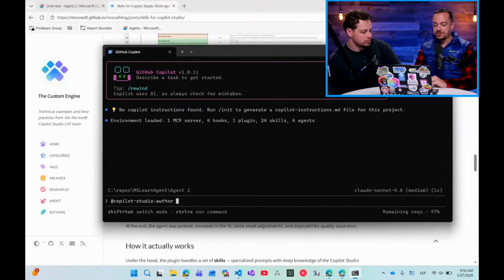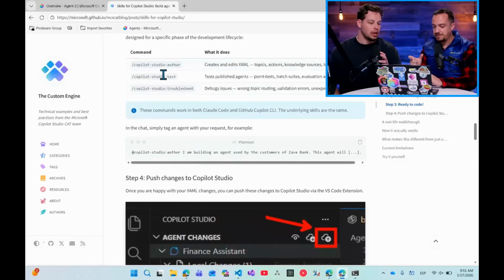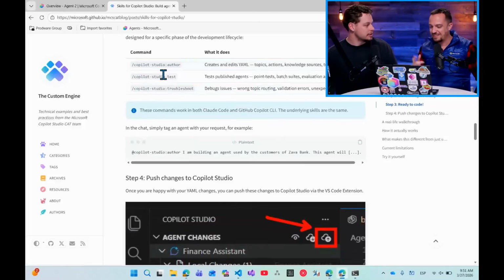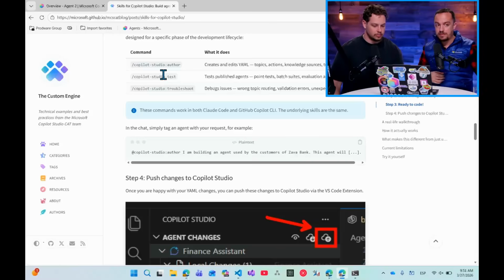And what does a skill mean? A skill is like a group of features that the plugin or the agent can do. In this case, we have 3 skills: author, troubleshoot, and test. With the author skill, we have all the powers, if you allow me the word, to edit topics, actions, and knowledge sources. Then test has all the testing powers, all the agentic testing and evaluations that you can do. And troubleshoot, of course, when you have an error or a problem, helps you